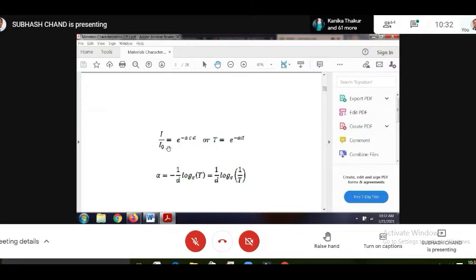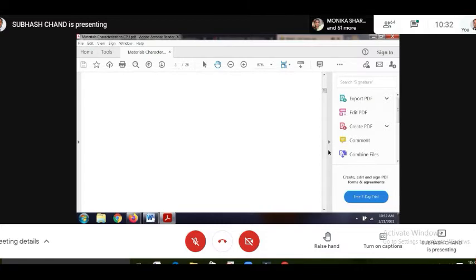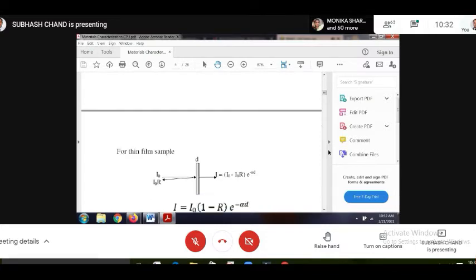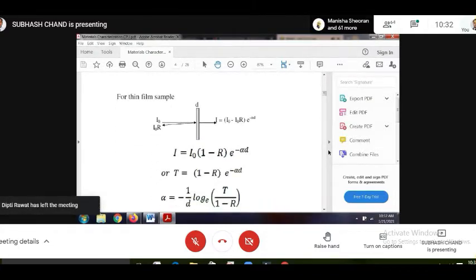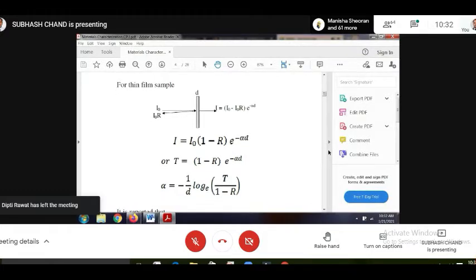Now we write this relation in terms of alpha. So alpha from here will be minus 1 upon d log e to the base t, because this is T. ये T हो गया. तो यहां से ये मिल जाएगा आपको. So we can write alpha here, and now one can do thin film analysis. In case of thin film, like physics people do thin film analysis, in that case we have a glass slide, and glass slide coated with the thin film, some material coated on the glass slide. So this is our sample.